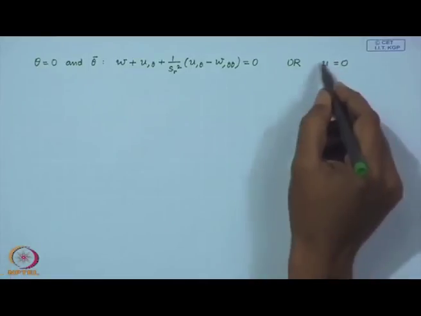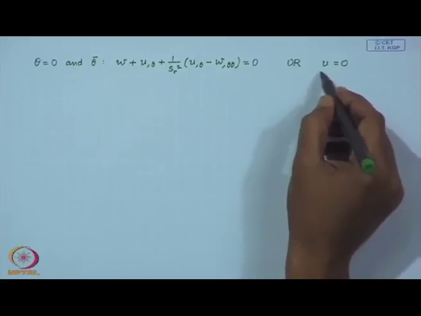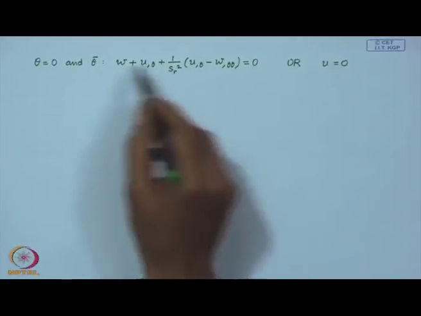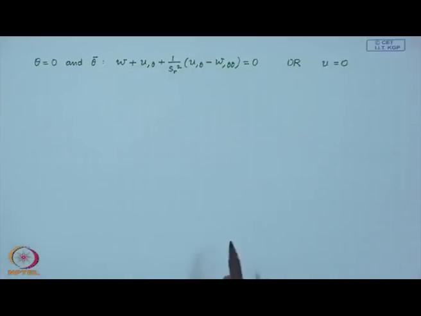So, either the circumferential motion is restricted, which is a geometric condition, and this is a natural boundary